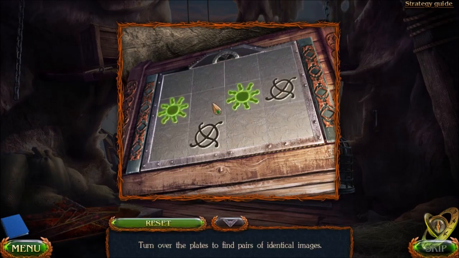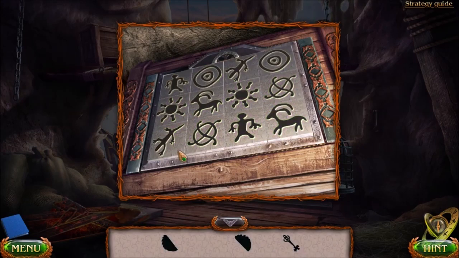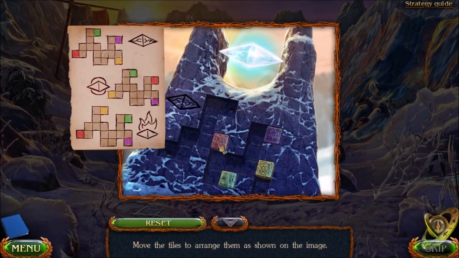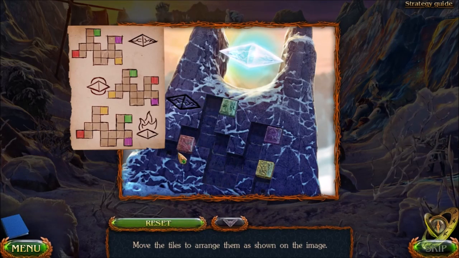This is a matching puzzle. Got it wrong. So the solution is the same every single time. You just have to memorize it, or, you know, if you're playing it for the first time, it's still not very difficult. Here you need to move all the pieces around in such a way that they match the upper